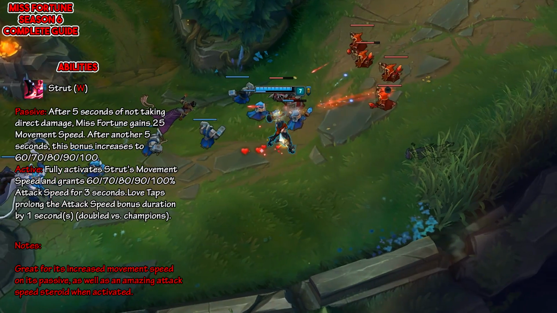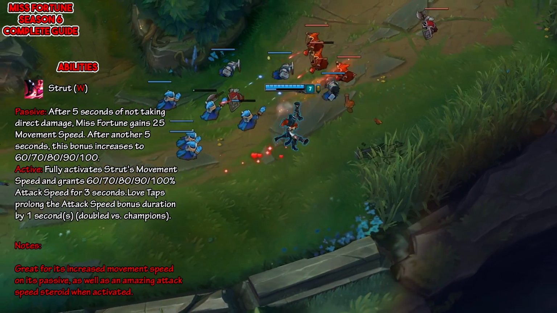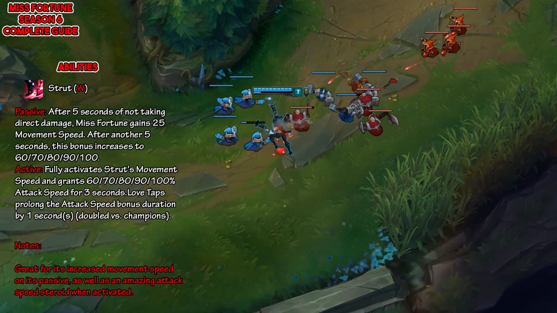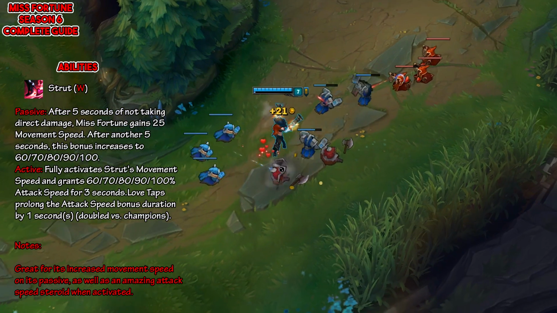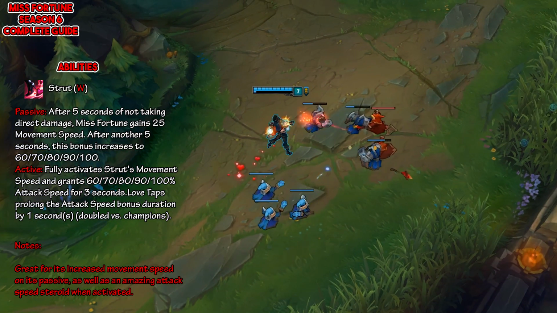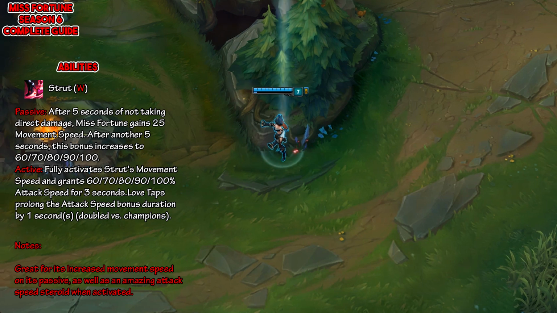So the passive is after 5 seconds of not taking direct damage, Miss Fortune gains 25 movement speed. After another 5 seconds, this bonus increases to between 60 and 100. When you activate Strut, you gain the full movement speed as well as between 60 and 100 attack speed for 3 seconds. And note that in 5.23, the max rank went from 120 to 100, so she did receive a